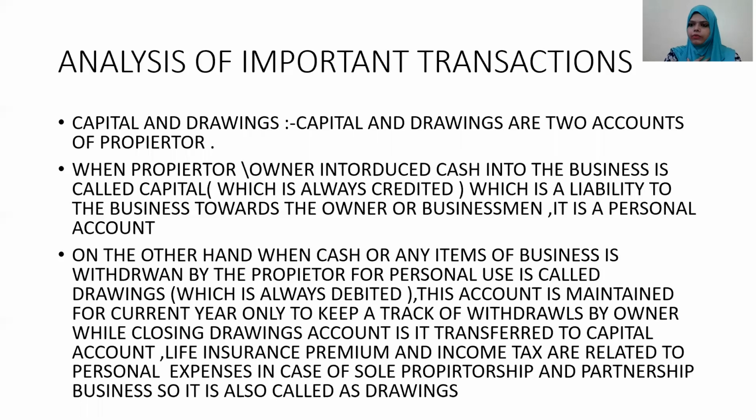Suppose I am the owner of the business. These two accounts, capital and drawings, belong to my account. If it is a debit, it belongs to me. If it is a credit, it belongs to me. If there is an asset regarding these transactions, that belongs to me. If it is a liability, it belongs to me. These two categories belong to the proprietor, or the owner of the business.